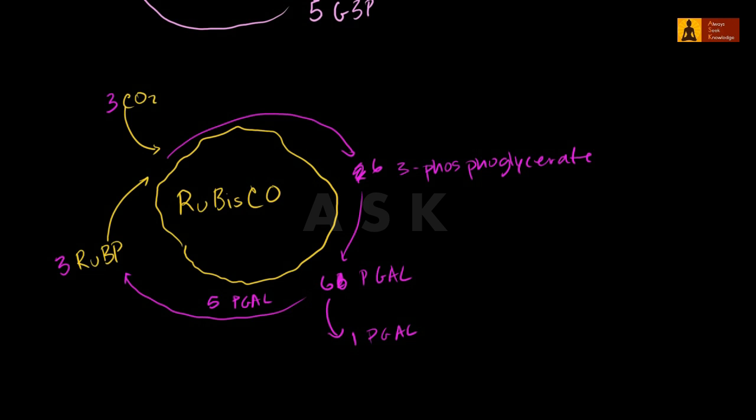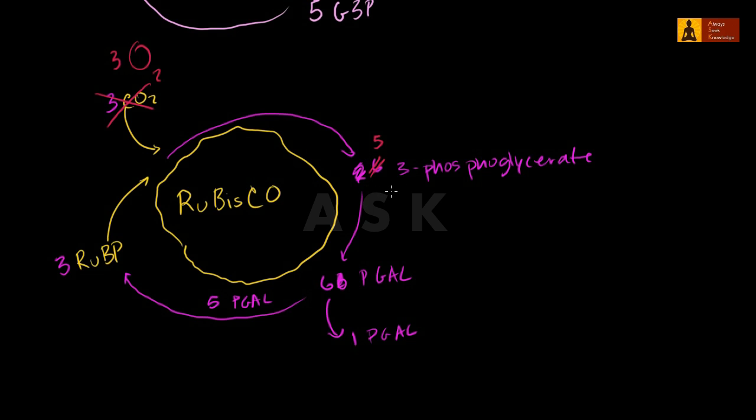And the whole problem we saw with the Calvin cycle is that Rubisco does not only fix carbon dioxide. Instead of carbon dioxide, we might have an oxygen molecule that jumps in here, and it can also attach to the Rubisco enzyme. And in that situation, the oxygen and the ribulose biphosphate react. So if we said we had 3 ribulose biphosphates and 3 oxygens, instead of producing 6 phosphoglycerates, we're only going to produce 5